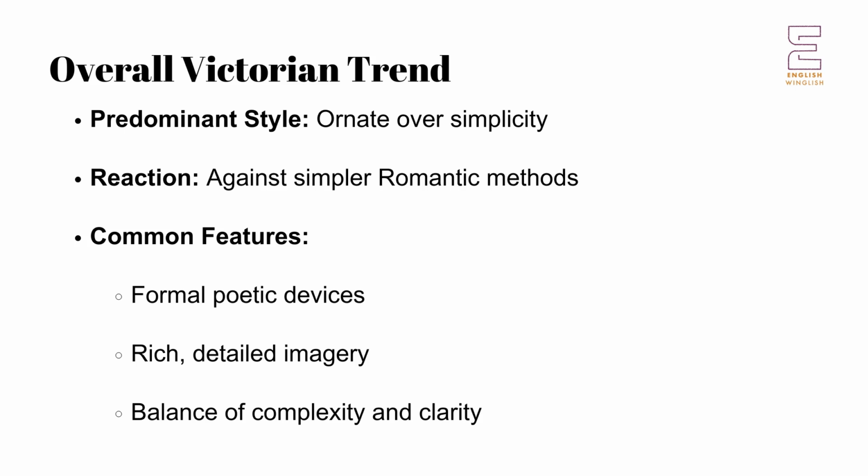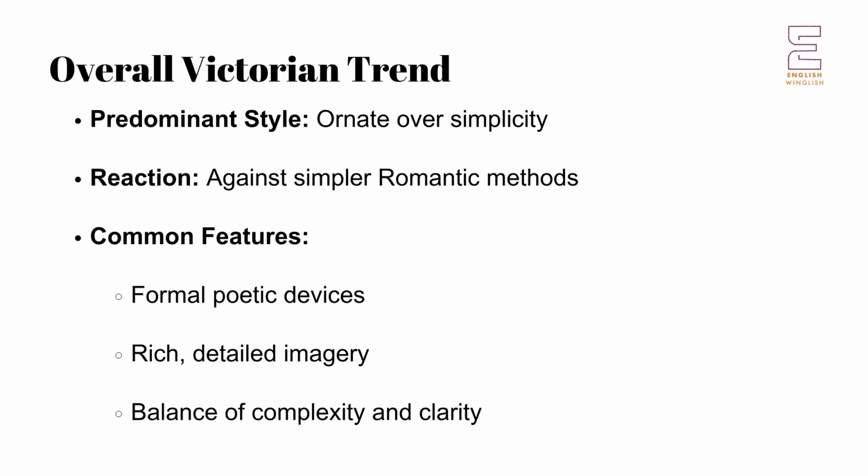The Victorian desire for complexity and sophistication in literature mirrored the broader cultural and intellectual aspirations of the time, which valued artistic refinement, intellectual depth, and moral seriousness. The ornate poetic style became a hallmark of Victorian literature, distinguishing it from the more straightforward and emotionally driven poetry